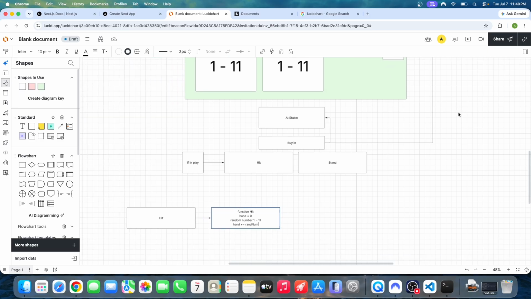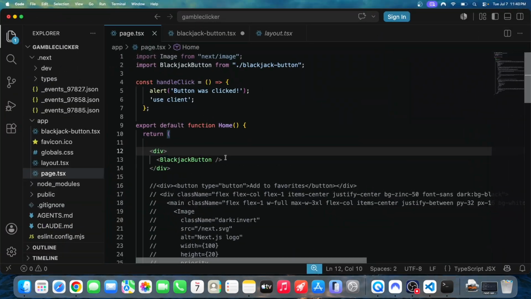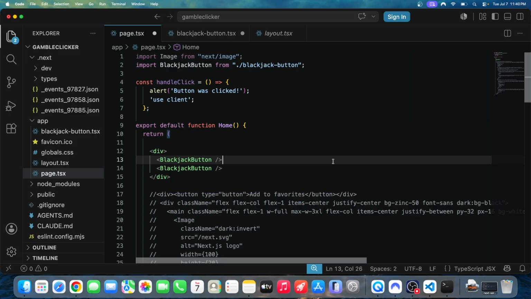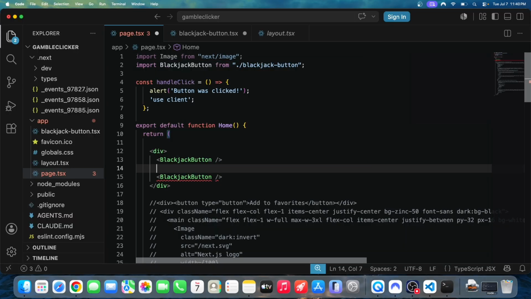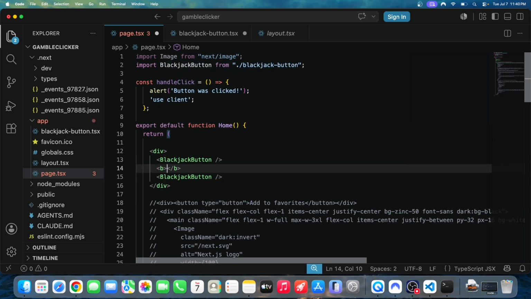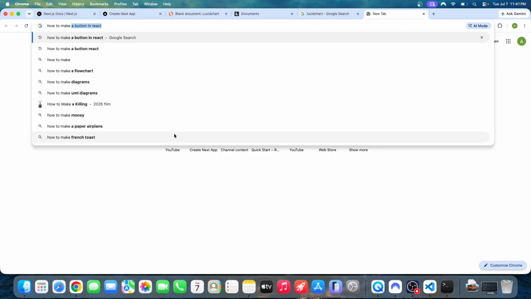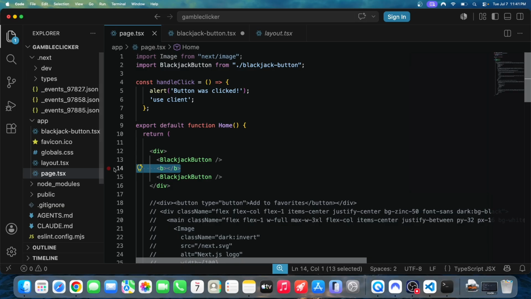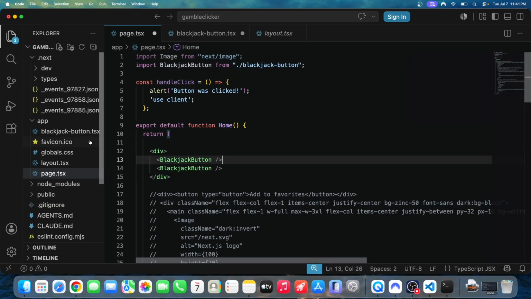Alright, so let's try doing this. So first, let's just see how this looks. Kind of curious. Oh, okay. We're not gonna do this, it's not important right now. Alright, so